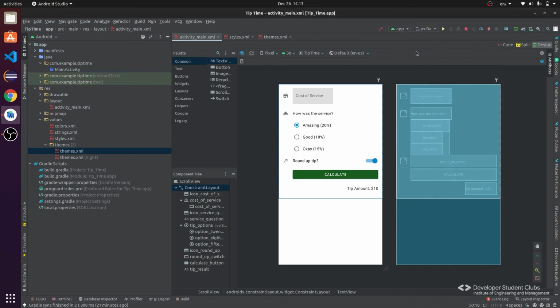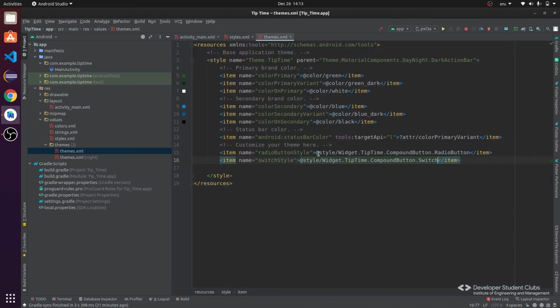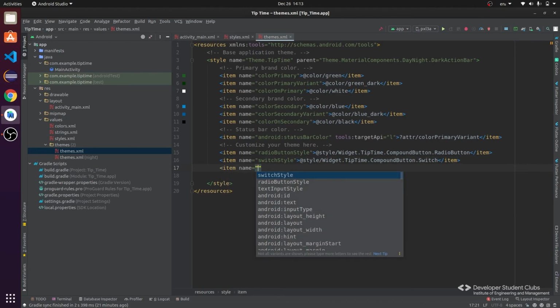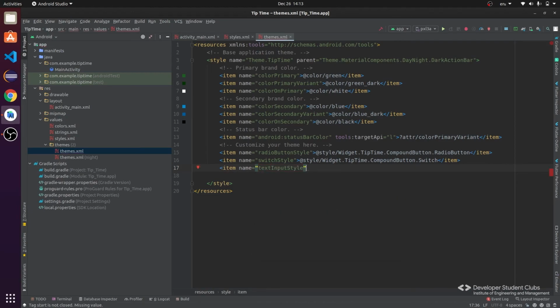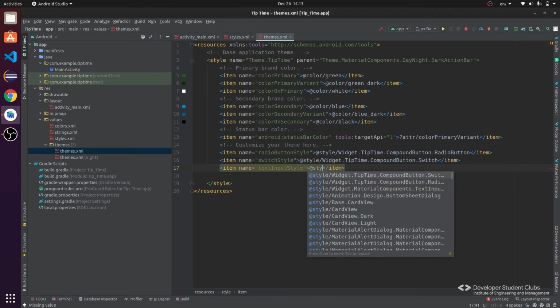So we'll change that theme property under themes.xml file too. So add it as item, name text input style, and the text input style will copy its style from, again, the styles.xml file, but this one will be from material components.